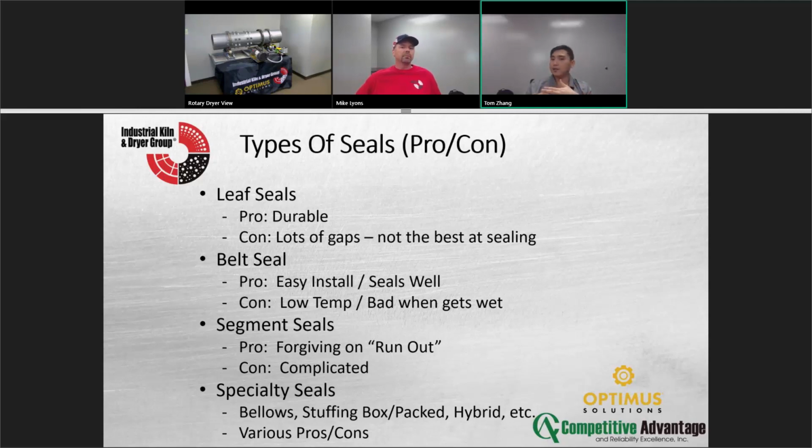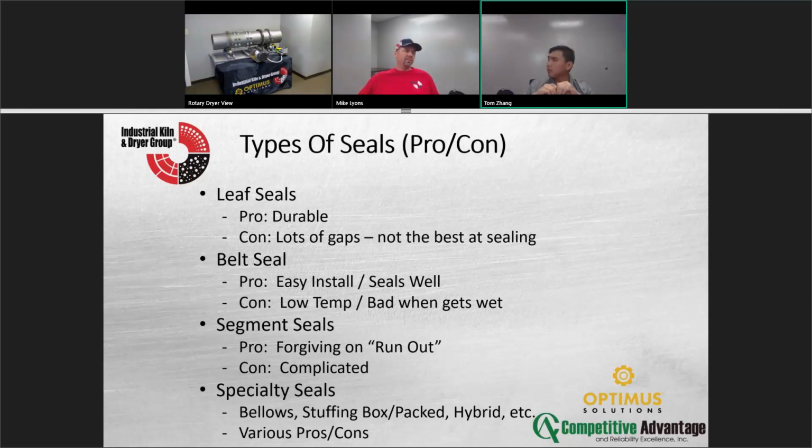Belt seals, very easy to install. Belt seals are typically Kevlar. You just cinch it in. It's like a belt. Yeah, you typically see that a lot in your corn plants and things like that. Steam tube dryers, things like that. Segment seals,